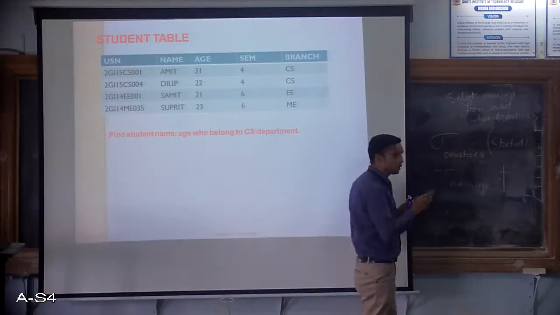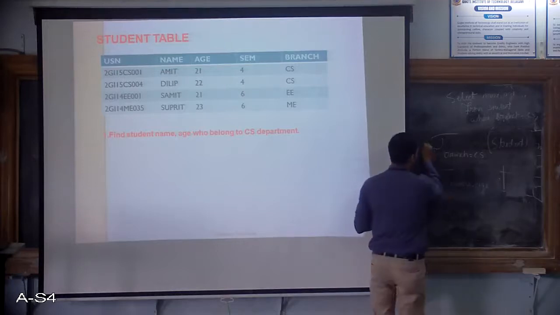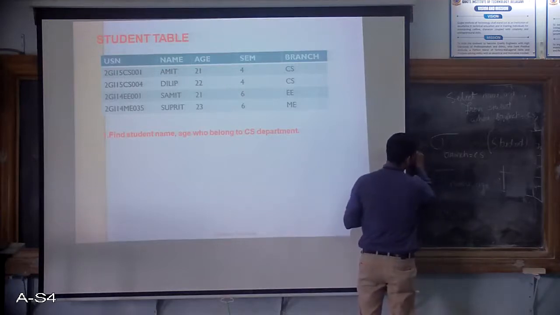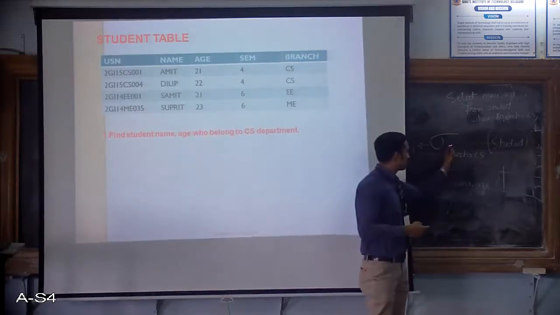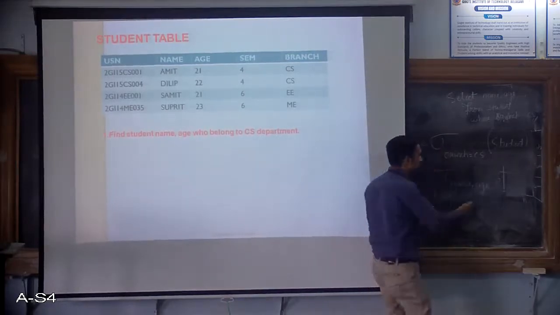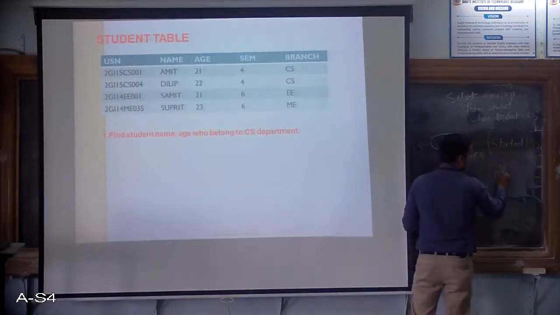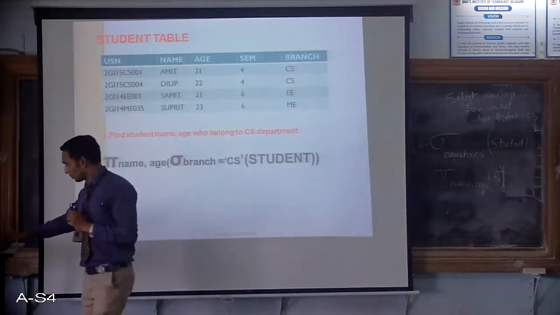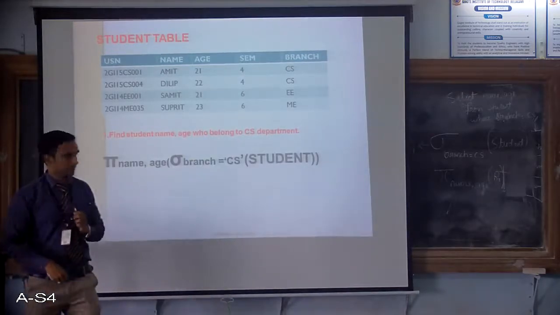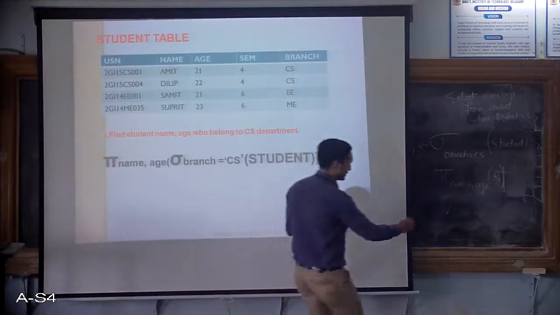So this can be written in 2 ways. Please remember, I'll say this as R1. Intermediate result 1. So from this intermediate result 1, what should be fetched? Name and age. So I can just write here R1 like this. Getting this? So see, probably I have written here. Or the other way, you can write like this.